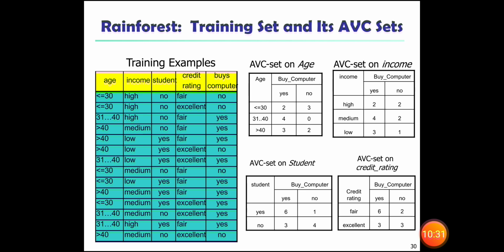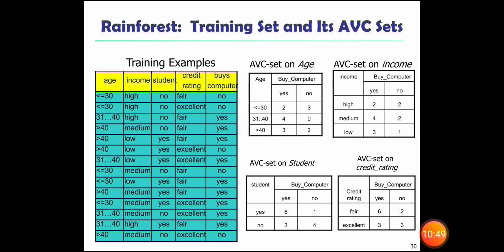Here the income is in three different divisions: high, medium, and low. Suppose the income is high. What is the status of buys computer? If it is yes, it is 2. If it is no, it is 2. So it is equal.